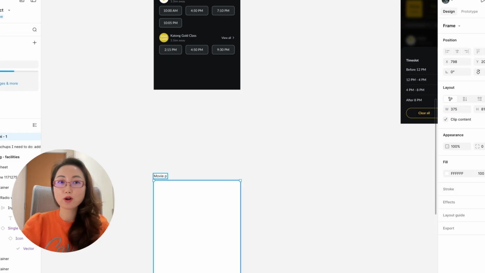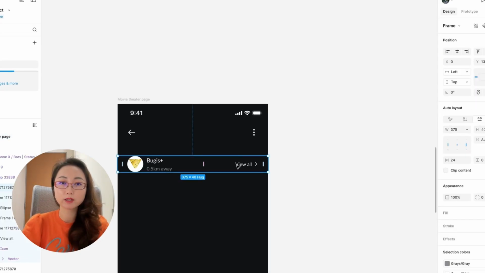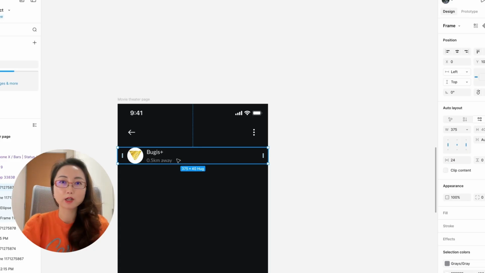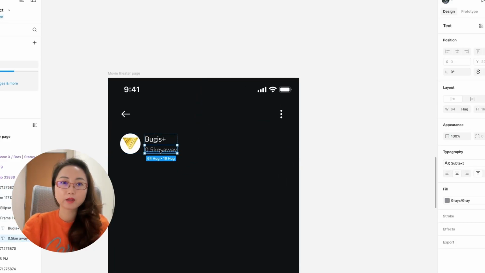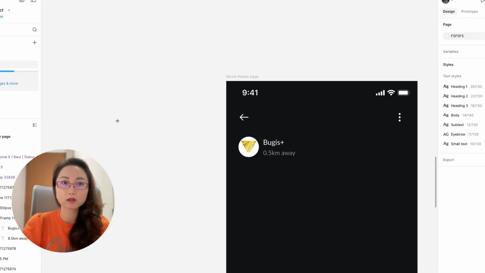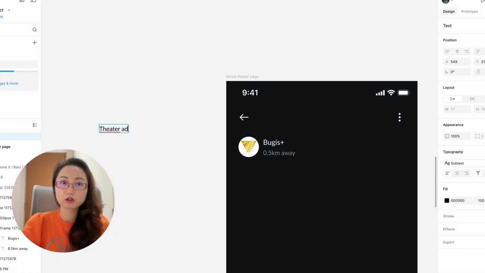So next, I want to create a movie theater page just to complete the flow. You will come to this page if you choose to zoom in to a particular movie theater. Again, I want to start the design by listing down the key sections on this page. So theater address will be up front, showing people how to navigate to this place, followed by a high-level description,